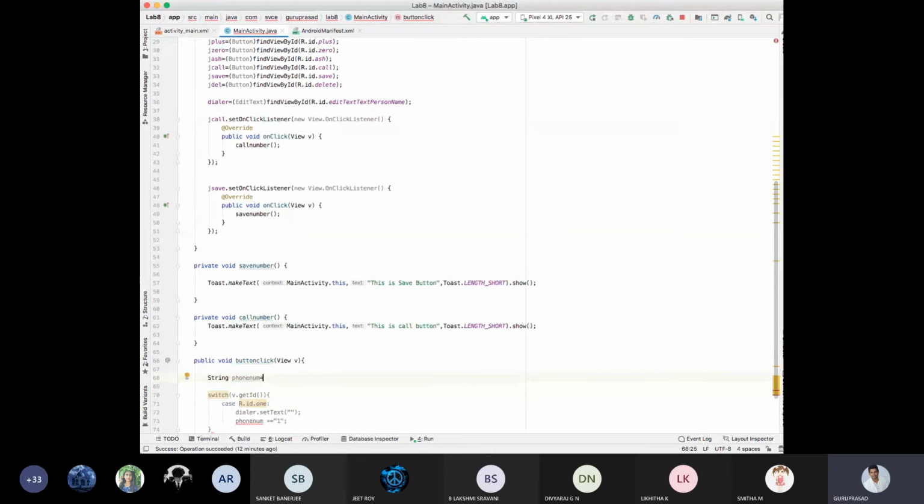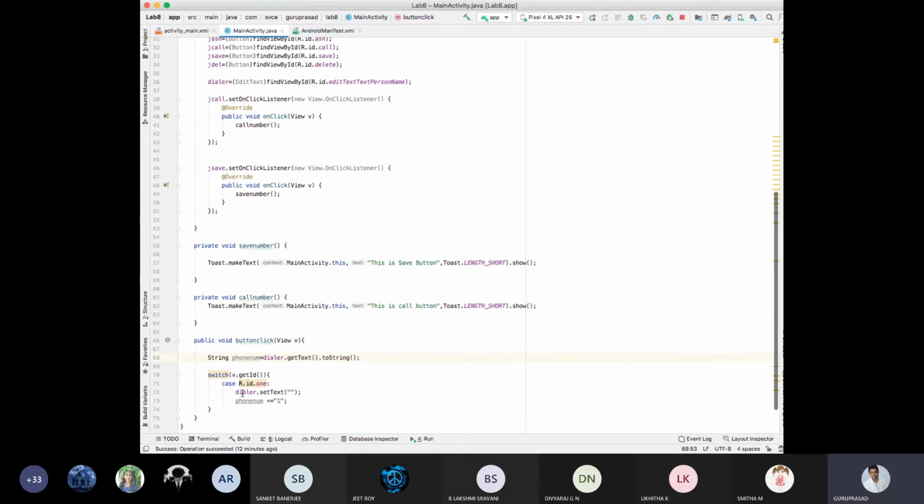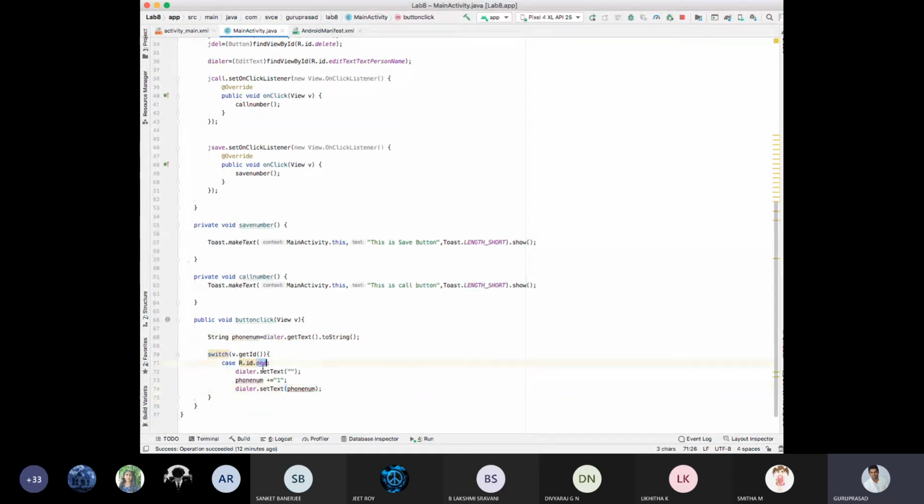Is that fine? Next, my dialer should set the text as, initially it is null, set the text as phone number. What is my phone number now? For the case 1, 1. Understood? Next, I will break.